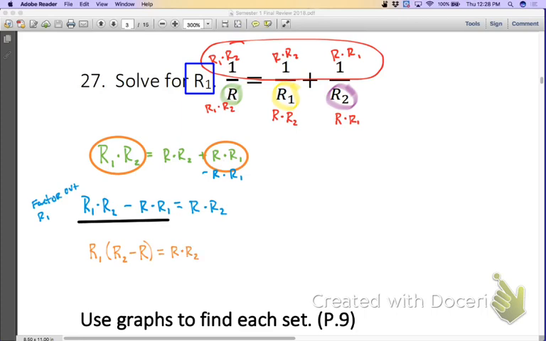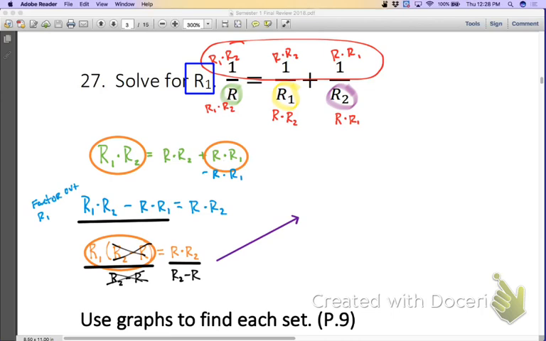Now, what are we really doing whenever we're distributing or whenever we factor it out? Like, what's really going on right here? Are we adding, subtracting, multiplying, or dividing? We're multiplying, right? So what do I need to divide both sides by? Yeah, whatever's in the parenthesis, right? So I can get r sub 1 by itself. So I'm going to basically divide r sub 2 minus r from both sides. It cancels here and it cancels there,